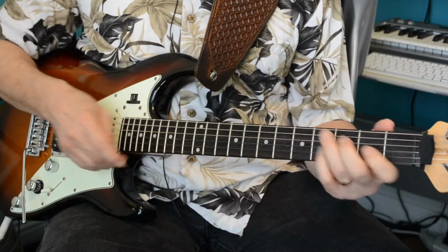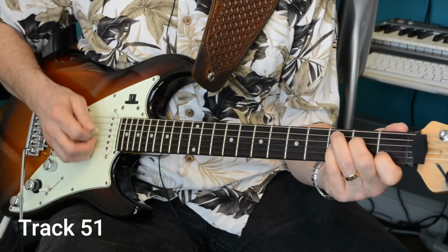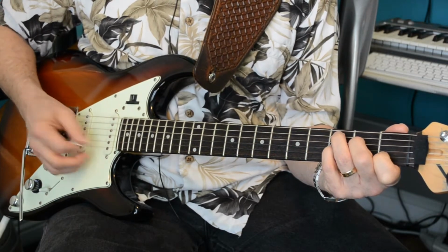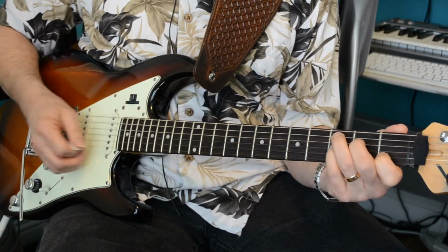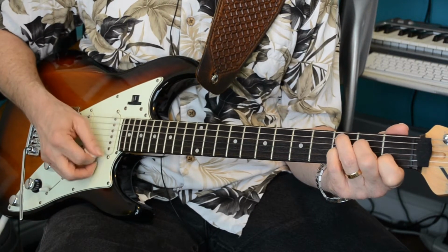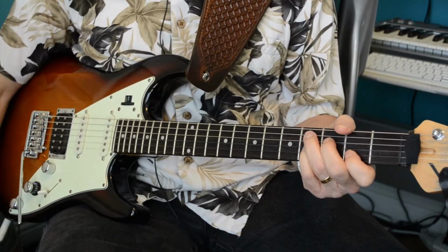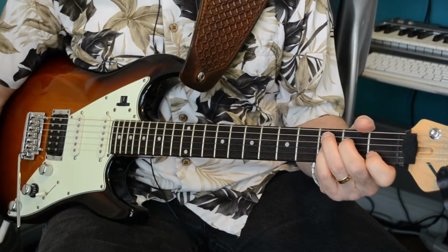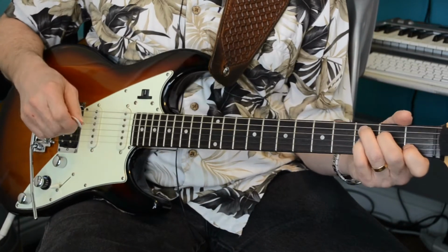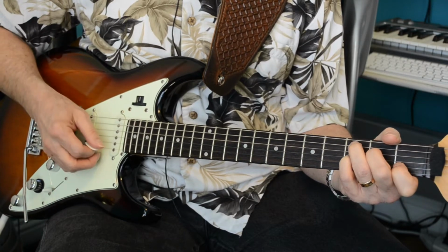Track 51, the C7, is going to use the C chord you already know how to play, but put your pinky on the 3rd string, 3rd fret. We're going to only strike strings 5 through 2 here. So be careful to only strike the middle 4 strings. Here we go. 1, 2, 3, 4. 1, 2,